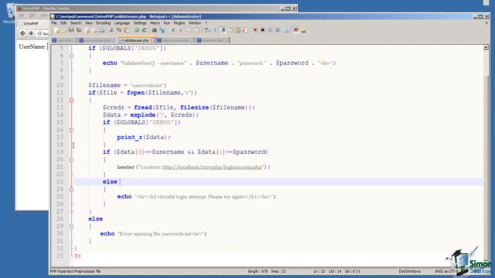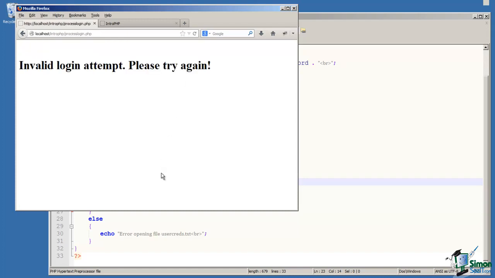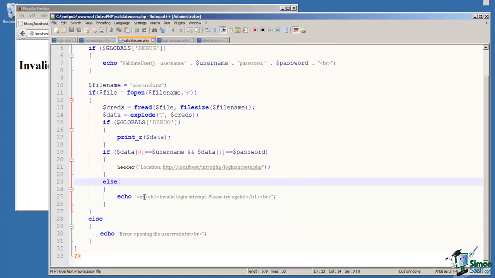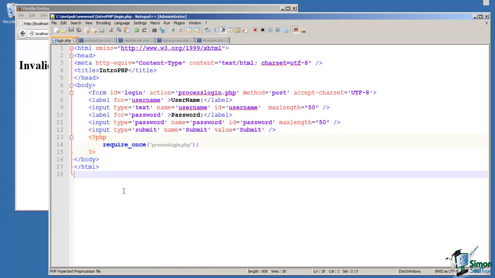So let's see how this works. And there we go. We are into the login success page. Had we failed the login, we would have gotten our invalid login attempt message. So a pretty straightforward way of processing a login form, or in fact any form, using PHP and the post